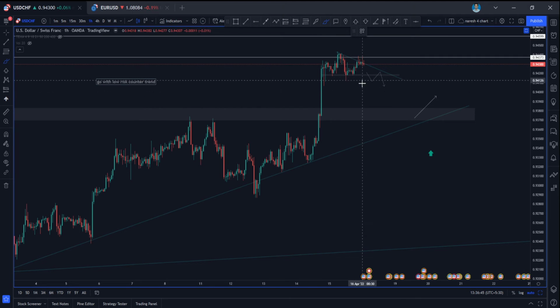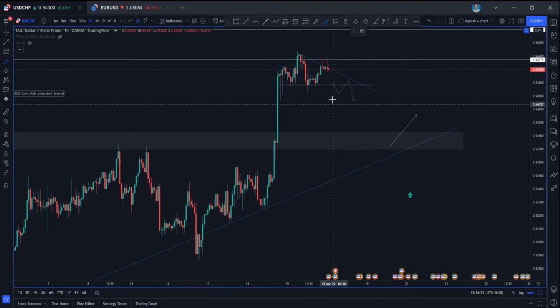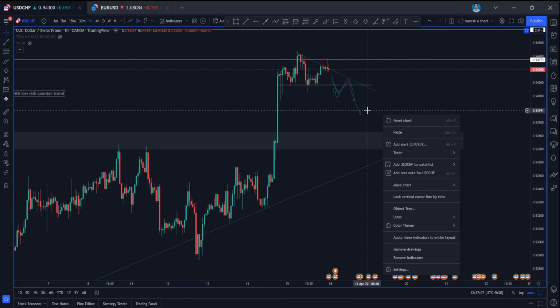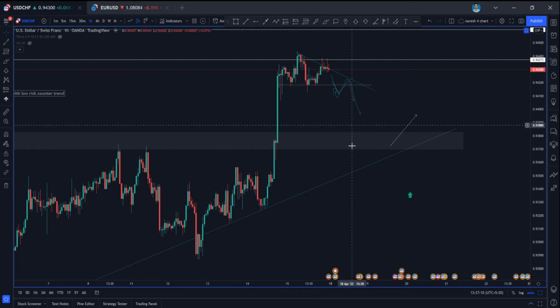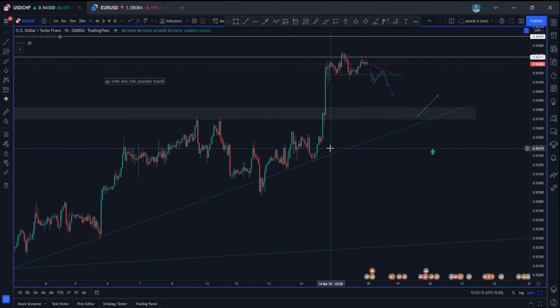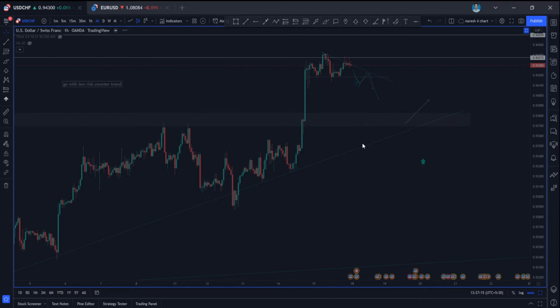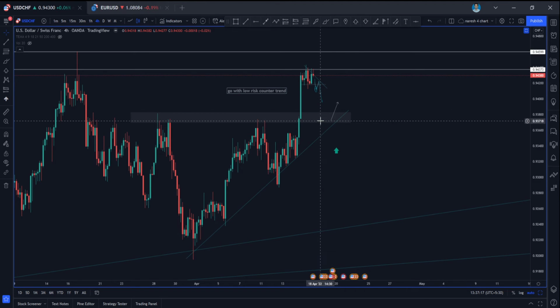So I always suggest you to go for lower risk in counter trend, and I will be doing the same in counter trend. If it is trend, I'll be going with the full risk of mine. If it is a counter trend, I'll be going with half of my full risk. So what I'm looking is I need to look for a bearish candle in 1 hour time frame close, waiting for the pullback again, and I will be looking for short entries. So here we are having a good amount of space to cover back again, so it would be also good, guys. So we are having both side potential in USD CHF. Pull back to this level again, I'm looking for long entries from USD CHF.